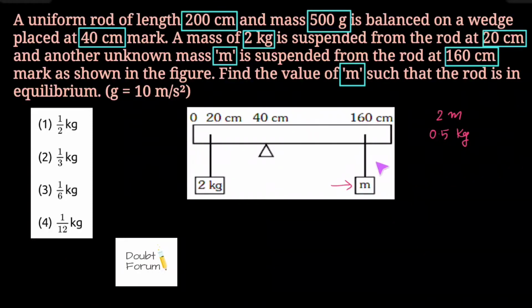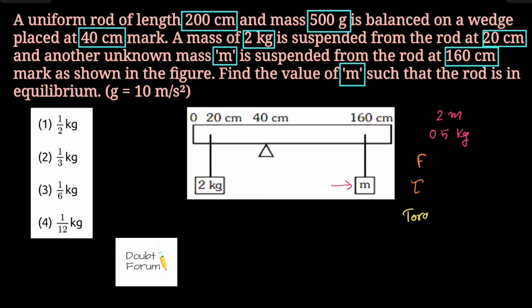Always remember, in such type of question we always use the torque equation. Using the torque equation, we can find the unknown mass or the point where this rod will be at equilibrium. So let's start with the torque. In linear motion, we have the concept of force, and similar to this force, in rotational motion we have the concept of torque. So in this problem, we will be using the torque formula to solve this.